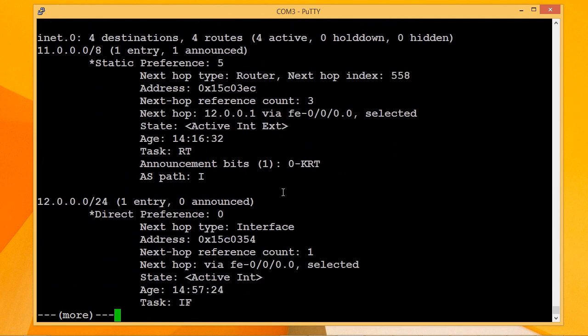When I use show route detail, I get a little bit more information, and some things stand out here. So again, notice the routing table I'm looking at is the IPv4 routing table. There's 4 destinations or 4 routes. Here's my first route, and notice that I'm getting a lot more information about this first route, right? So I can see the preference value is 5 here. This is interesting. The next hop type is a router. So to reach the 11 network, I have to send the data over to a router,